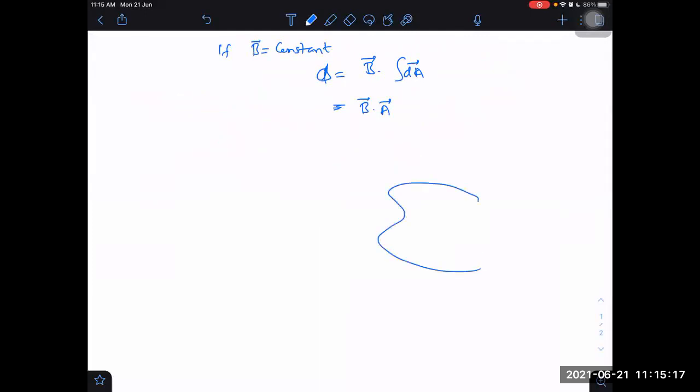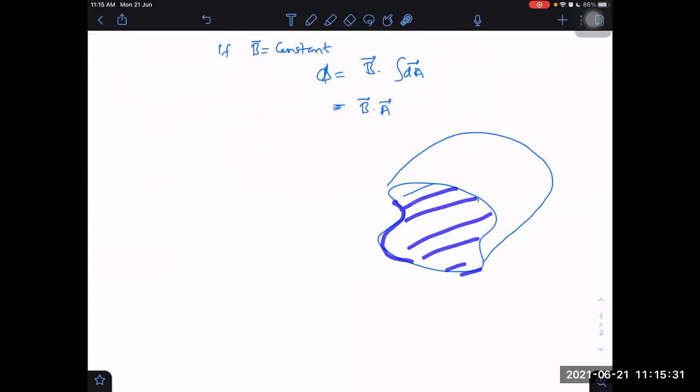How to find out the area vector? That depends on the situation. For example, if I have a loop, let us say like a soap film, and I am stretching that soap film, blowing a balloon out of that soap film, then what would be the effective area? Effective area will be in the single plane. I can take that plane area in which this loop is contained; that plane area will be the effective area.